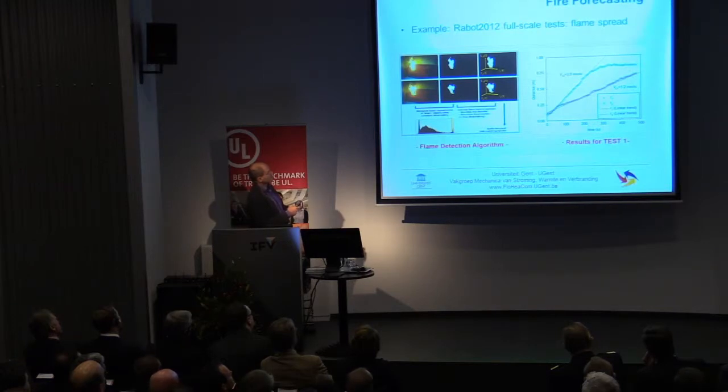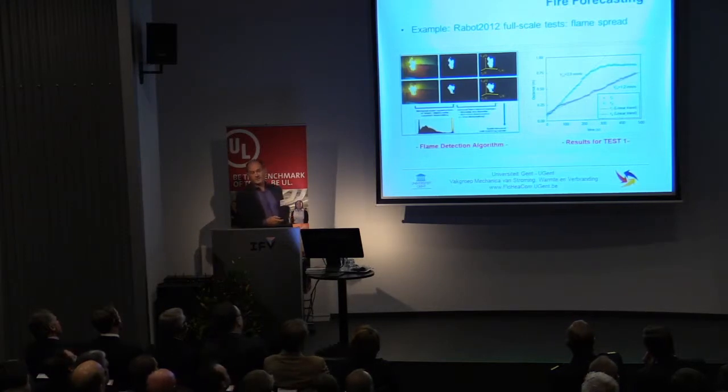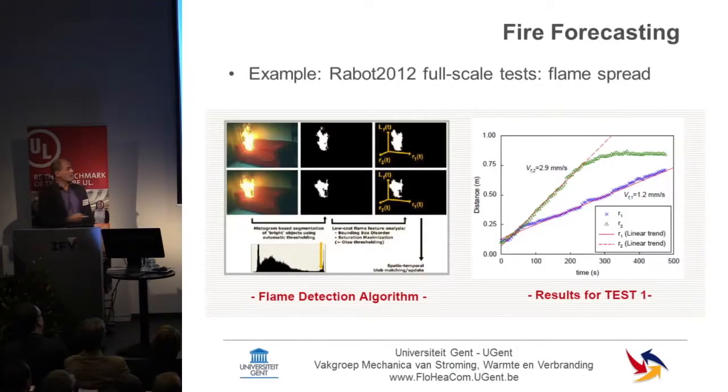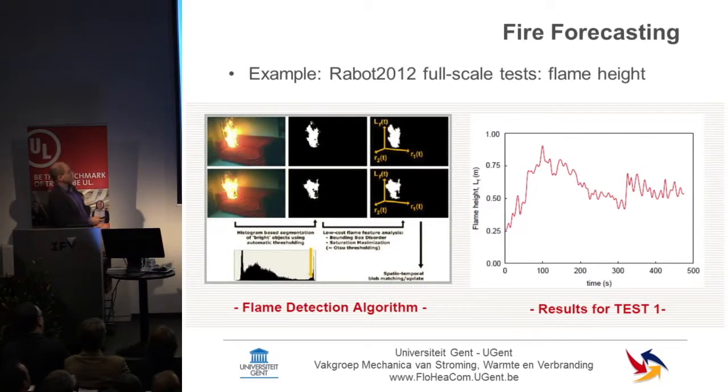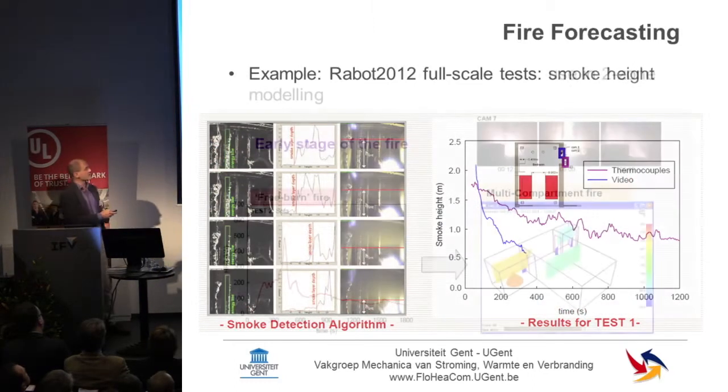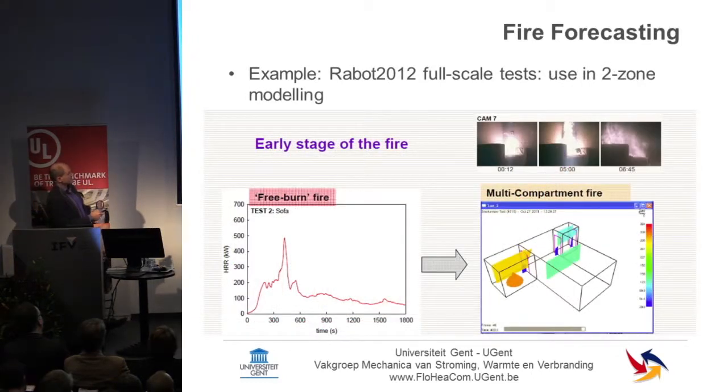Algorithms were developed by Stephen Verstockten, starting with this visual. He calculated certain volumes, and from there on he calculated the extension of the flames of the sofas and also the direction, the longitudinal direction, forward direction. And you can use that in zone modeling because you can input the size of the fire immediately. And you can do something similar for the smoke, the height of the smoke. I'm going to skip that, and you can also compare that to other measurements. So I'm not going to dwell on this too long.